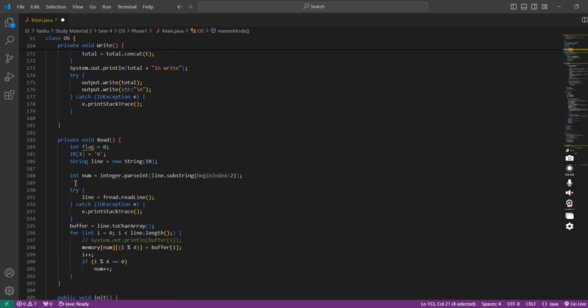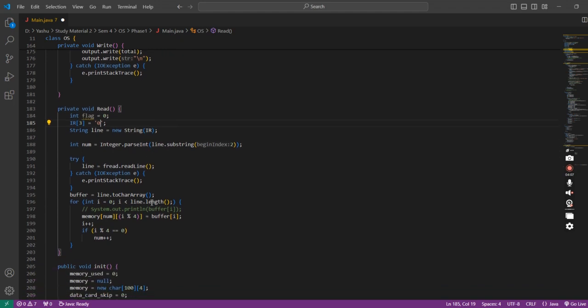So you can see here the read function is there. Flag is 0, IR3 is 0, string line IR3, IR. So let's see what it does. So we know that we are going to read data, right? So for reading data, we know that the data must exist already. So what we are doing here is,